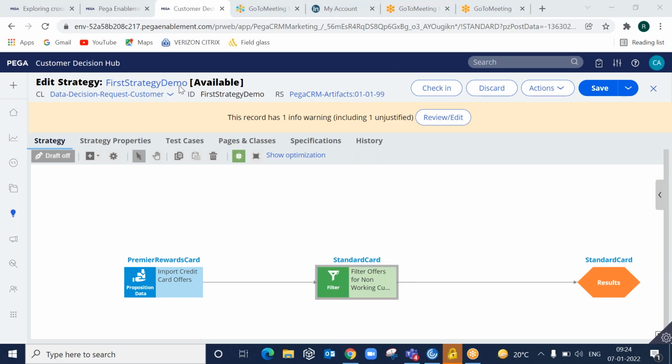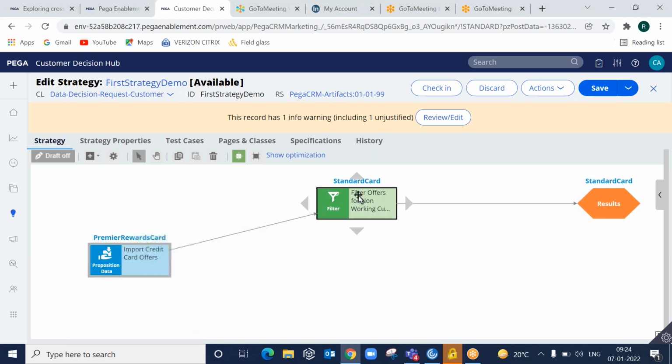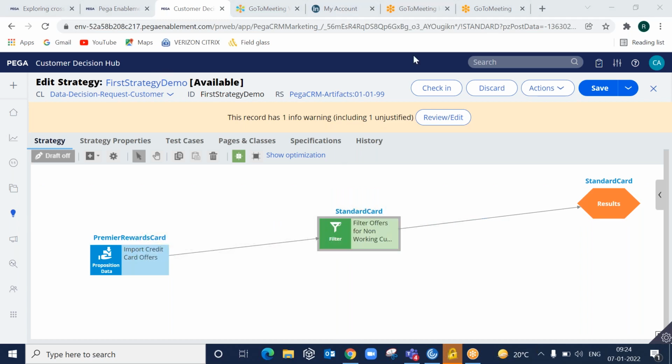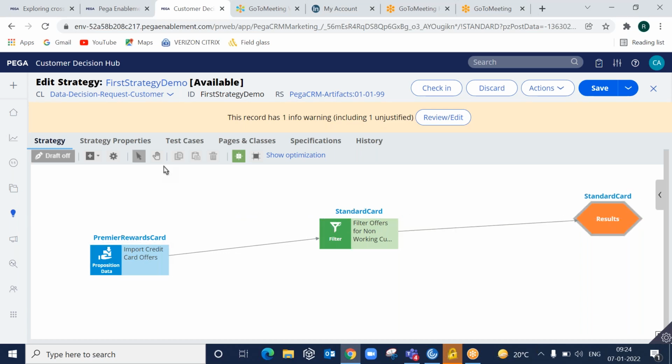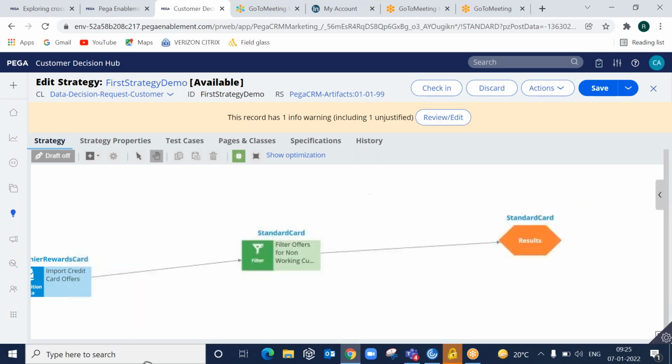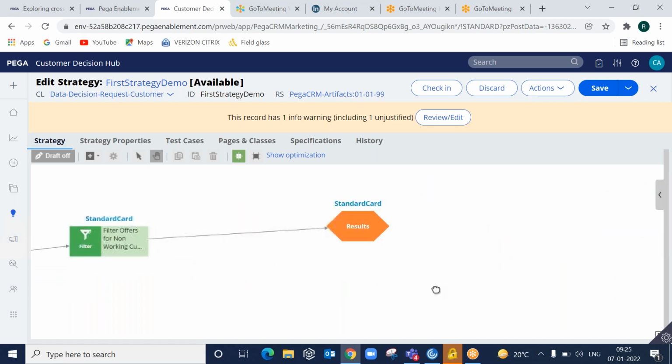Okay. Now you can also add annotations to the strategy. By using annotations, you can provide some description to the strategy logic that you do. There are two types of modes where you can navigate through the strategy. One is by using the select mode. That means you can just select the components like this. Second is pan mode. When you select pan mode, you can move the strategy up and down, left and right,